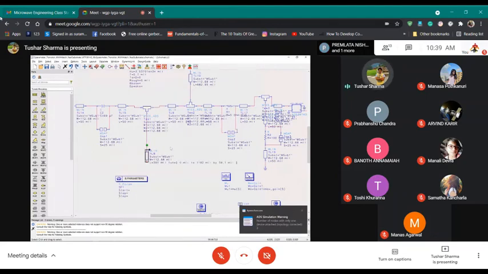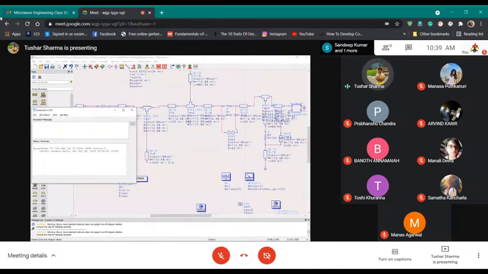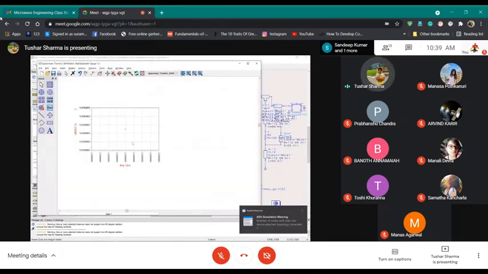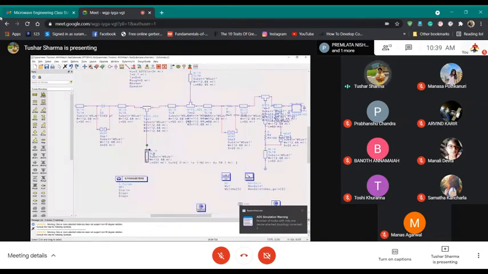So in this case, for example, it was 591. I changed my length because now my matching has all changed. So you see my gain increases to 13.6. So you should not do blind tuning.